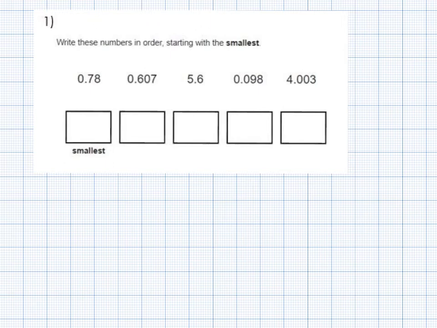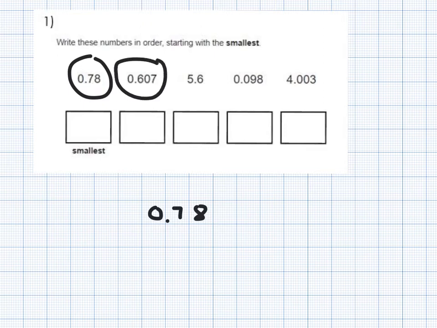So what we're going to do is look at the first number here. So we've got 0.78, and if I write a digit in each square, then that would be a good starting point. Okay, then underneath that I can write the next number, which is